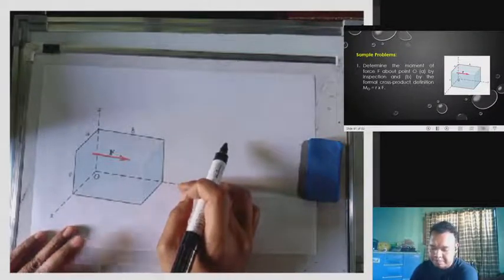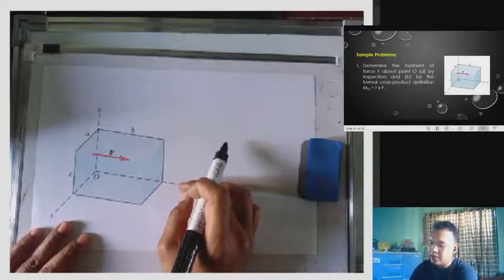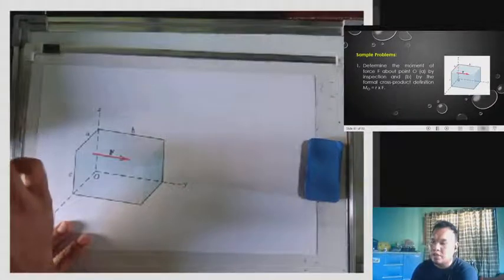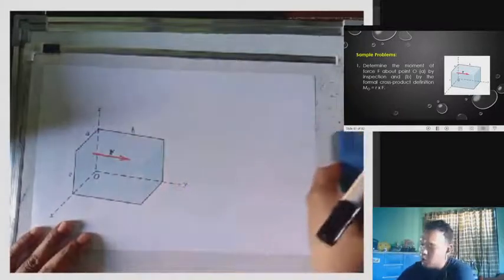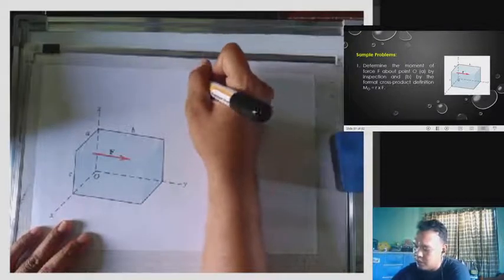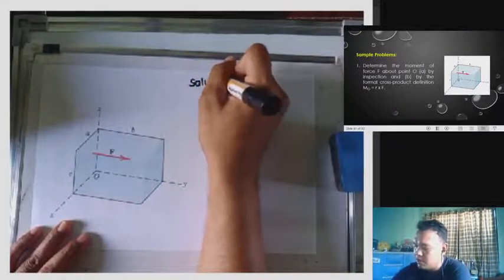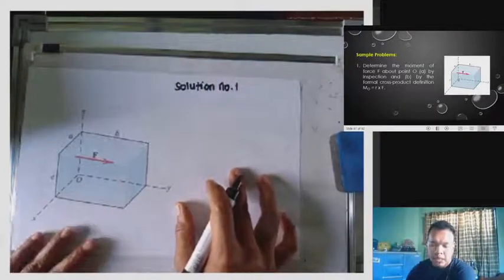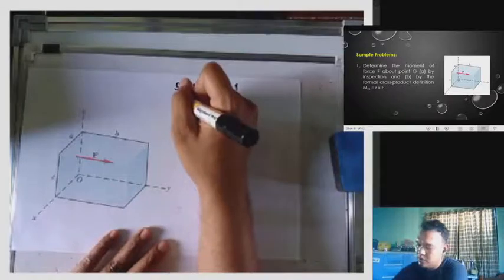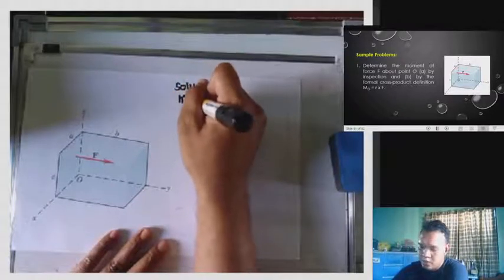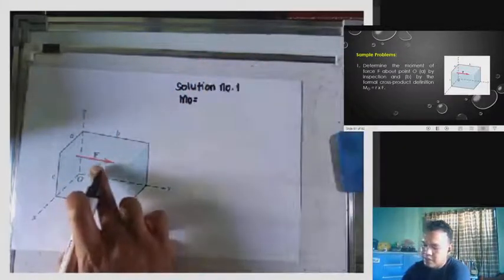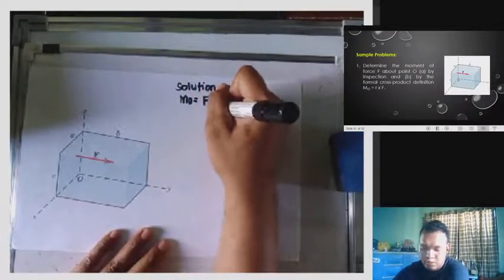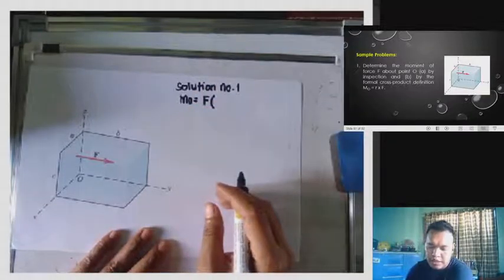Ibig sabihin, moment at y-axis is 0. Okay? Then, letter B tayo, by formal cross-product definition tayo. We have here MO, solution muna tayo. Solution. Number 1. For moment and couple moment. We have here MO is equivalent kay force times yung distance is equivalent kay